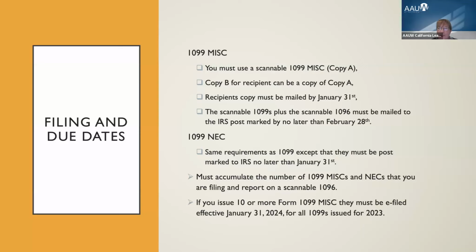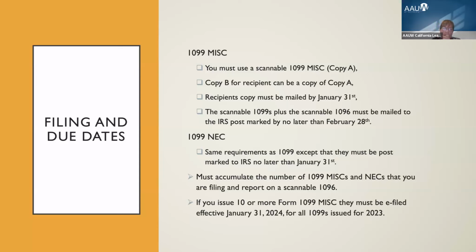And you're looking at the 12 months ended. So you're looking at the last half of the prior fiscal year and the first half of this fiscal year. The scannable 1099s plus the scannable 1096 must be mailed to the IRS postmarked by no later than February 29th. And the 1096 is a form where you're saying, okay, I'm the person submitting that I've sent out these 1099s, and you check off what kind of 1099 it is, and you include it. You include all the copies, copy A of that 1099 that you sent,